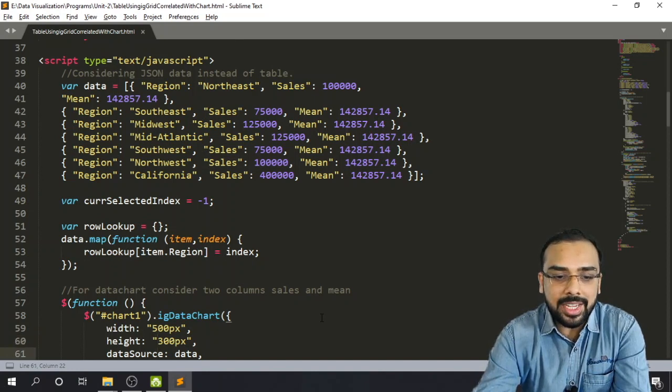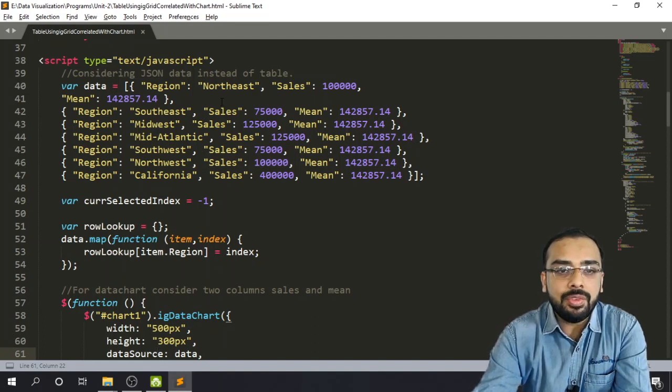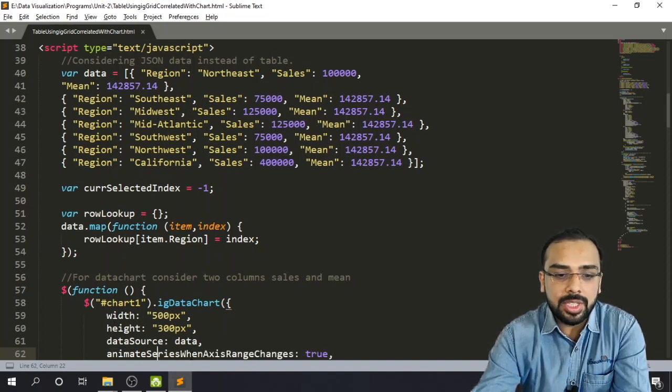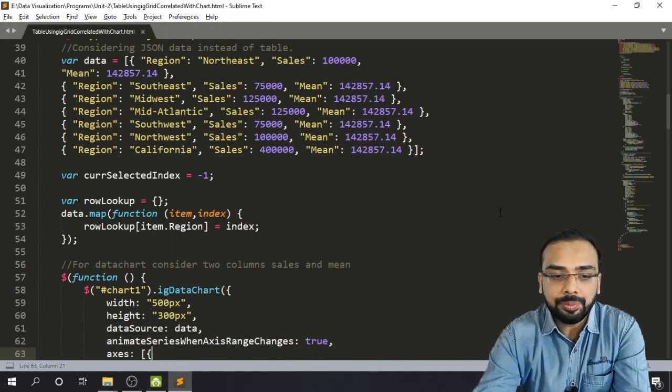So for that there is an attribute which is named as data source, and inside this data source we are giving the data of our JSON object which is stored inside this variable data. So we have given the data source as our data. Then we have given animation when we are changing the axis, and we have specified its value as true.